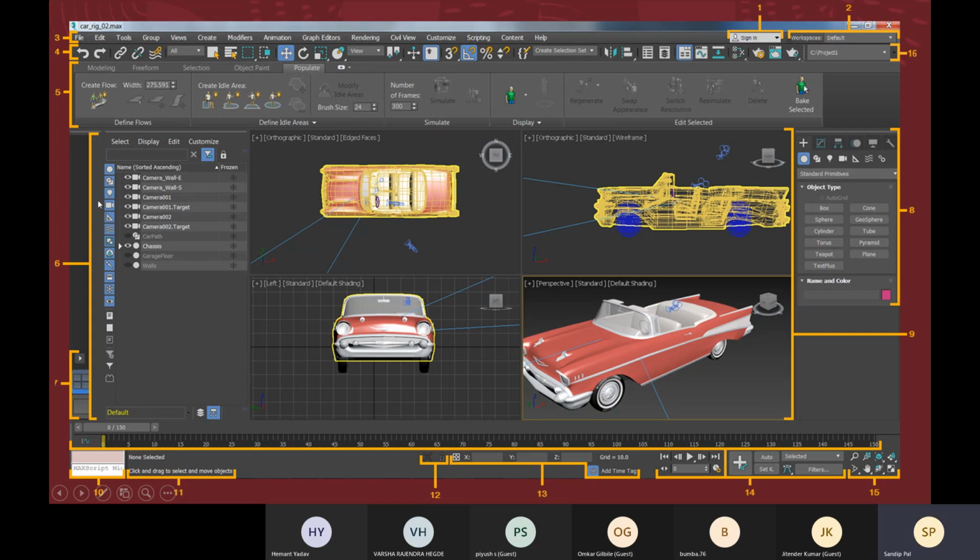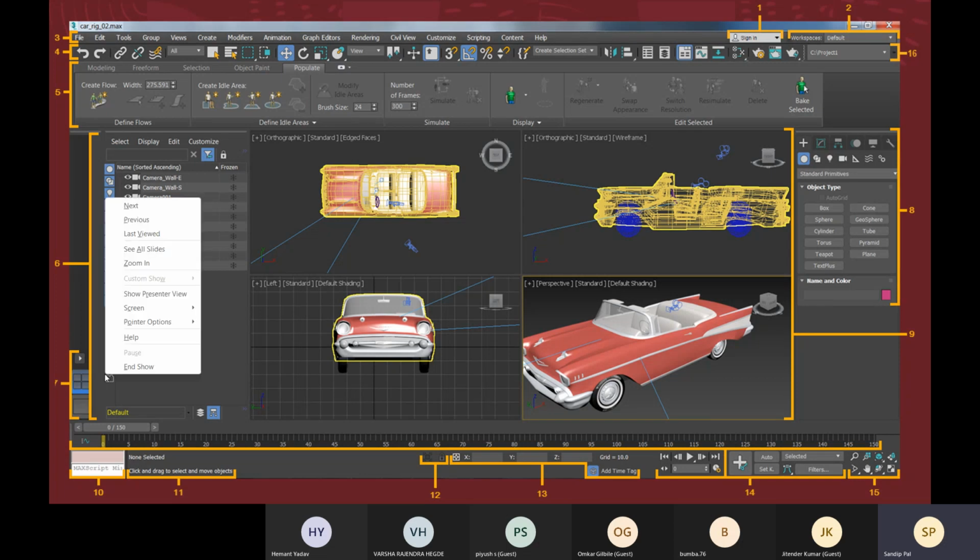Next, let me go to this 6. This is Scene Explorer. Scene Explorer will help you manage your scenes. As you can see, we have different layers, groups, and components in our model, like the camera and this model. We can manage them.